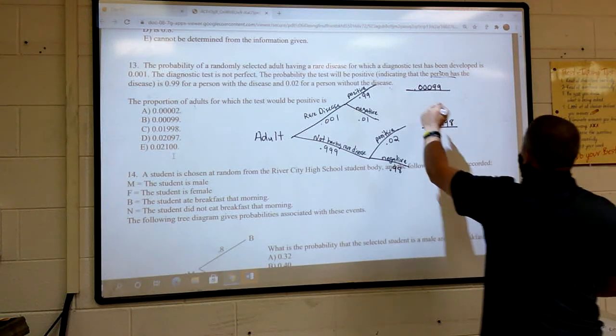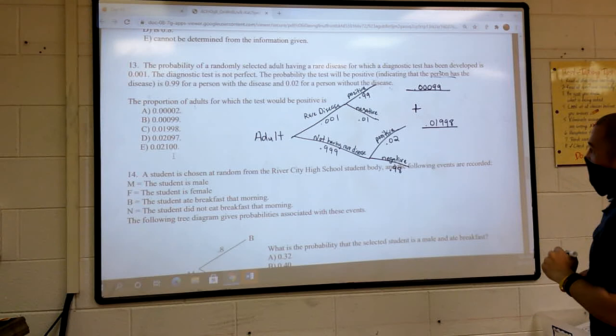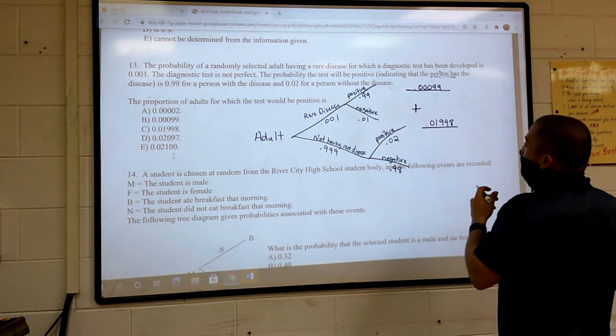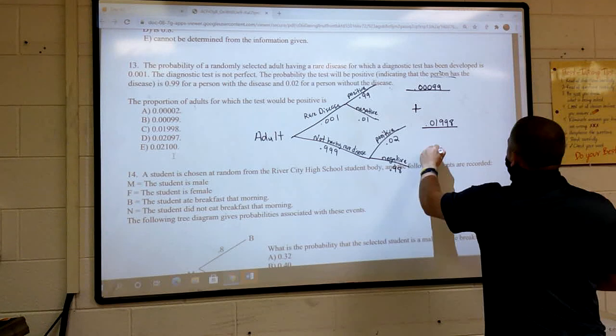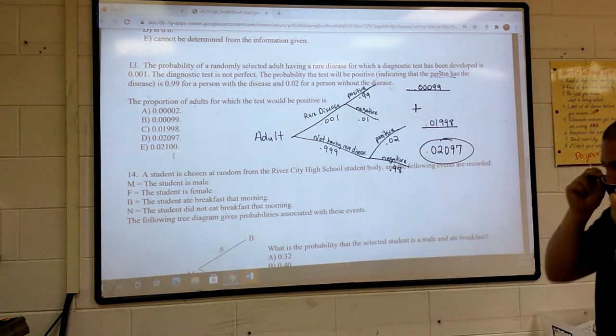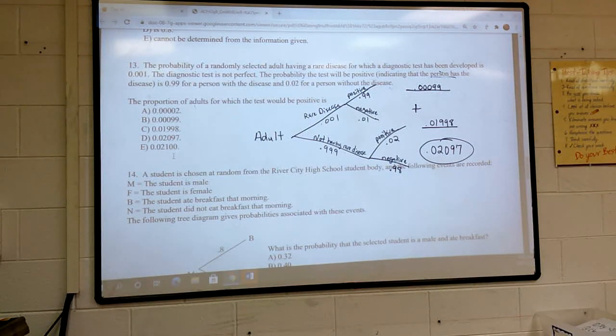So we're going to add these 2 together, and you're going to get what? 0.02097. Yes. So adding 0.00099 and 0.01998 gives you 0.02097. So basically what happens is a little bit more than 2% of the time, about 2.1%,